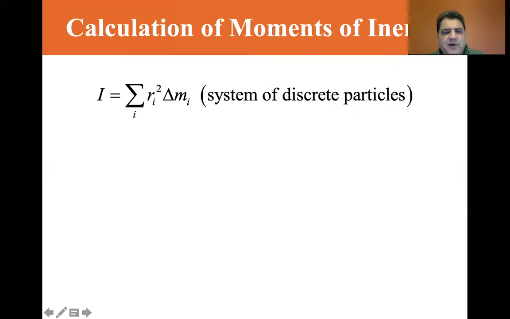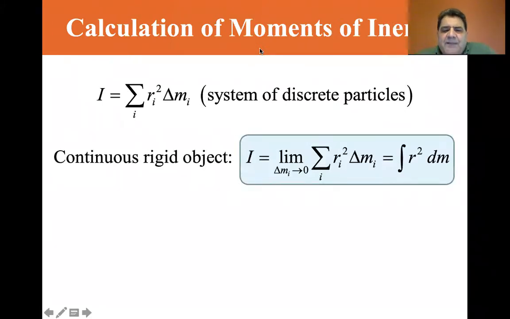Calculation of moments of inertia. So I is equal to the sum of Ri squared delta Mi. This is a system of discrete particles. If you have a continuous rigid object, then I is equal to the limit as delta Mi approaches 0. As we make each one of those masses smaller, it's the sum over i of Ri squared delta Mi. So that's the integral of R squared